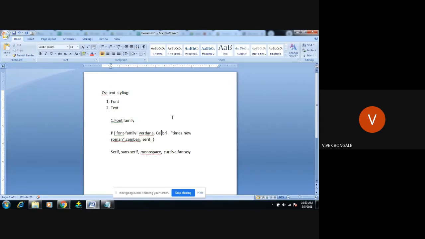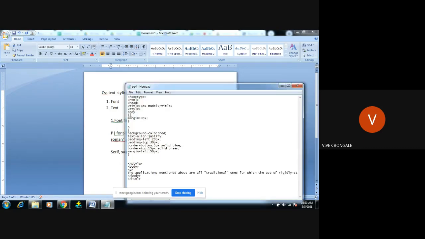If not, it moves to the next. Otherwise, if it is also not supporting Times New Roman, it will check the next, and lastly it will check for the default browser font, and obviously that content will display in that font style. Okay, this is what the font family is. Font family means we can use many different font styles for one particular selector, maximum 5. 4 we can choose, and the last one we have to use is the default font style. We will see this in code.